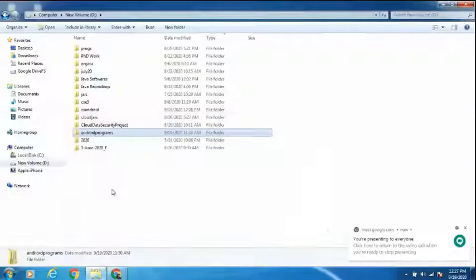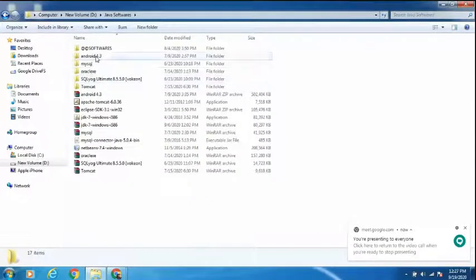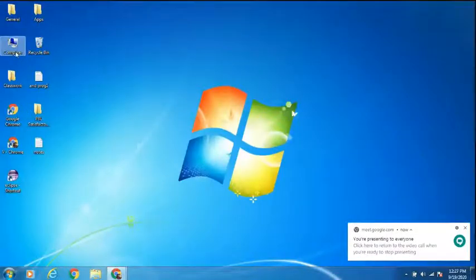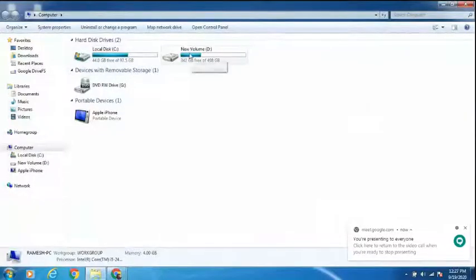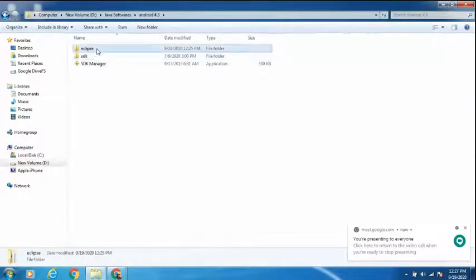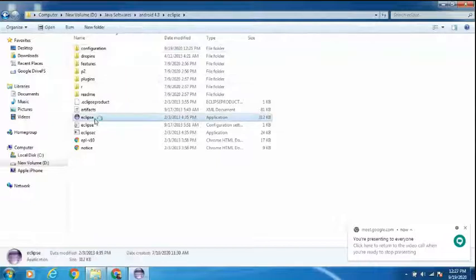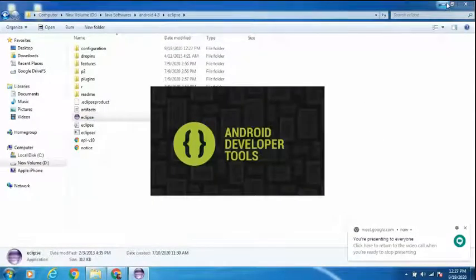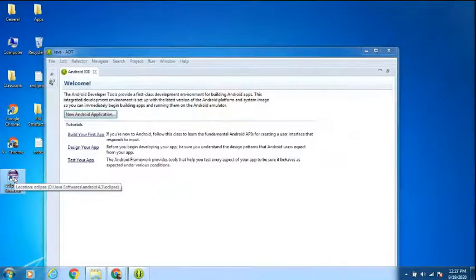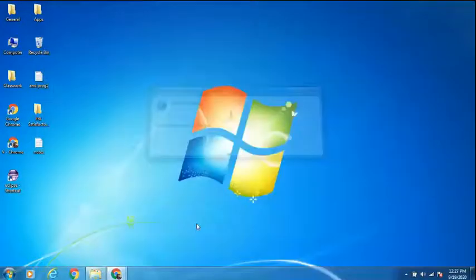Please look at this. Just double click, once again I'm repeating here. You can save in any folder here. I'm saving in my computer in the software D drive, Java softwares. Here I saved, but you can save in any folder. Just double click here. For easy purpose, I have created a shortcut on the desktop. If you are using laptops, you can also create a shortcut on your desktop.